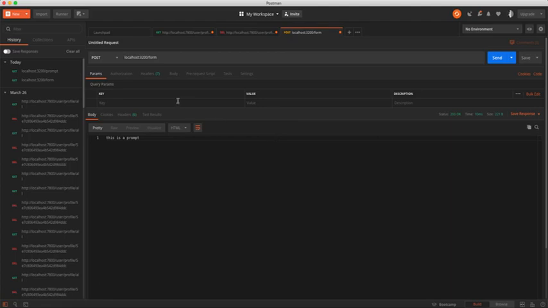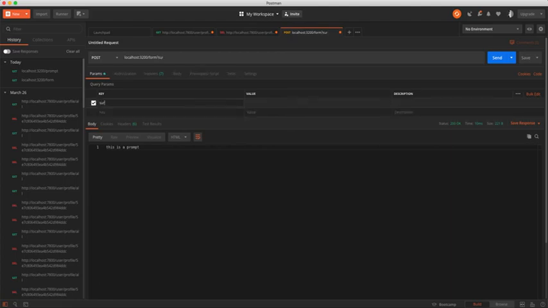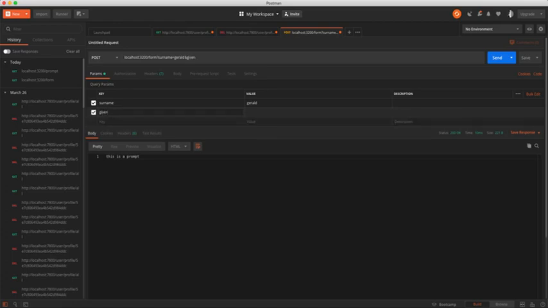So let us start with the key. Previously we had a key of surname from our models. Let me give it a value of Gerald. Then our second field was given name. Let me give it Sally. Then there was date of birth. I think let me use those two for now. Now when I send,